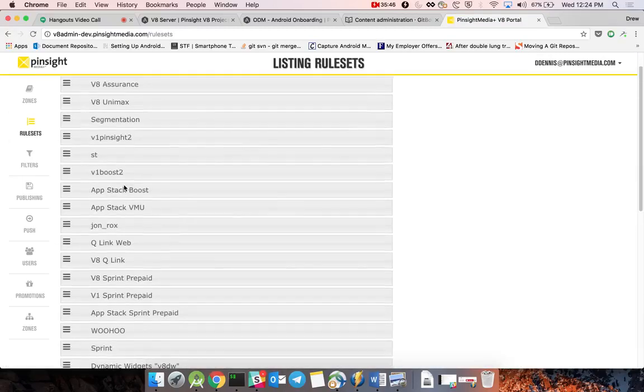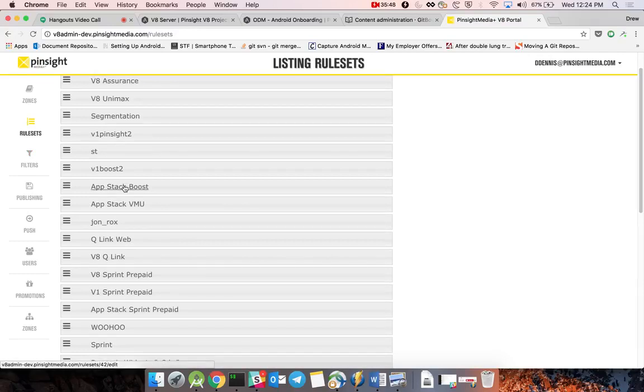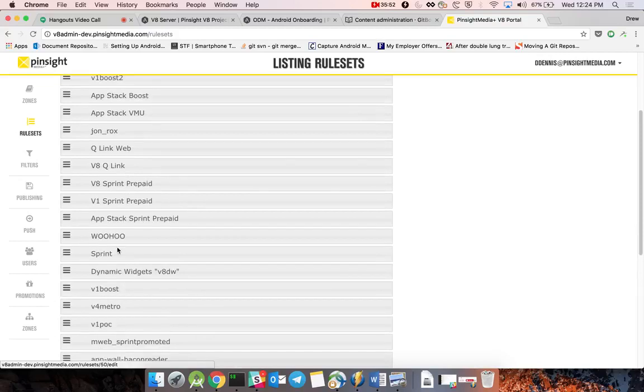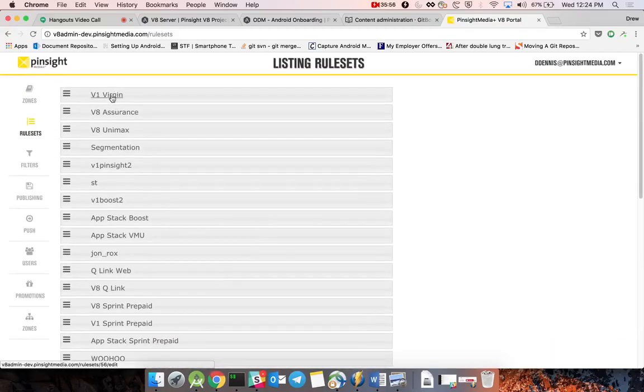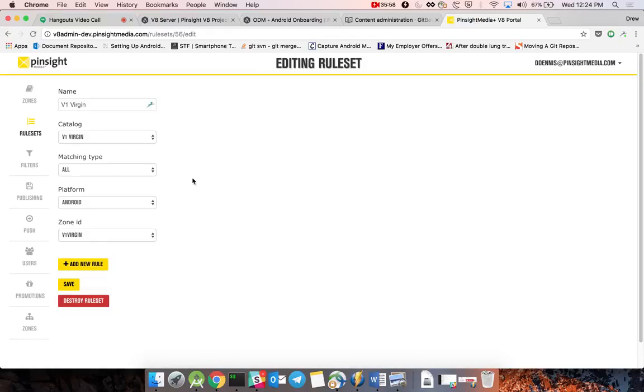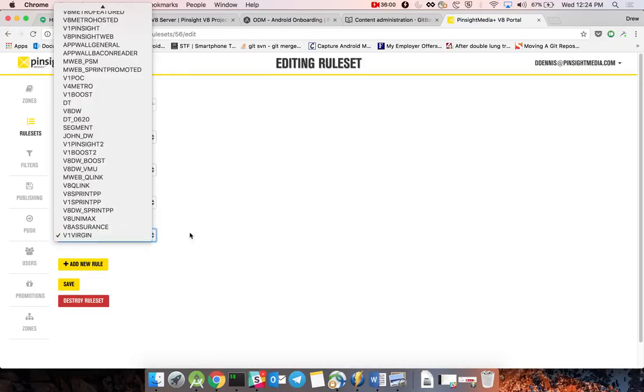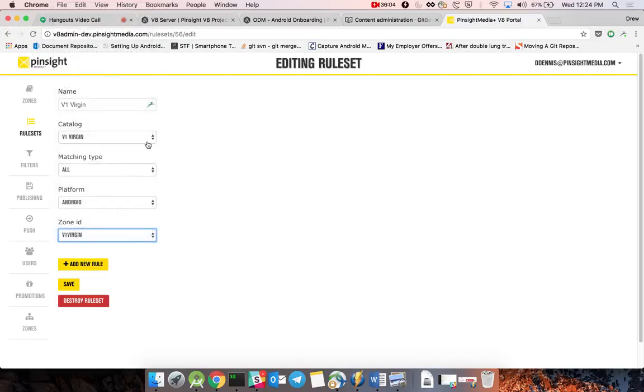So the rule set ties the two together. It says this zone ID should go to this catalog. So basically, just this ID, the catalog ID. Yep, catalog ID. That's what the rule set is, it matches. It's not over-abstracted, but it's kind of confusing for people on the team to understand what's going on